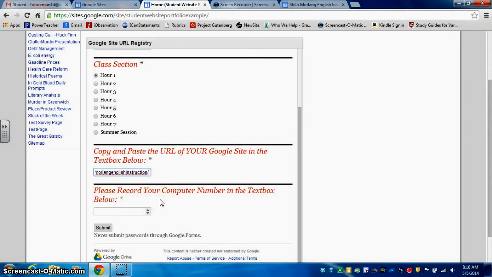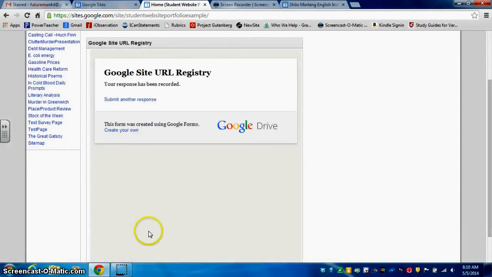And in my class we have individual Chromebooks for use with students, so the students will enter in the Chromebook number they are using and submit that. Now as an instructor, I want to keep track of all these different student website portfolios. What's very nice is the registry they've just completed will automatically load into a spreadsheet, which I can filter and